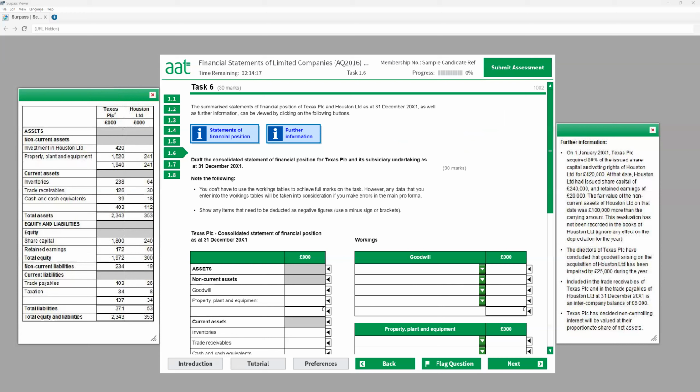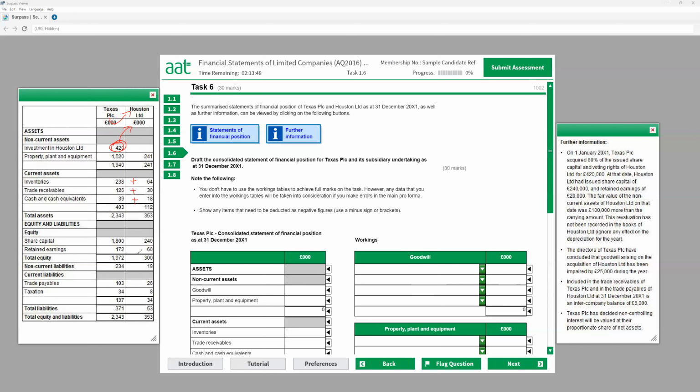Investment in Haston, so P Limited invest in H. So for that reason, you can see 420. 420 is the money that P Limited paid to H Limited to have 80% share. So for that reason, it is investment on the P Limited financial statement because they made investment to buy H Limited. On the other hand, everything we just need to add together, need to make a plus,